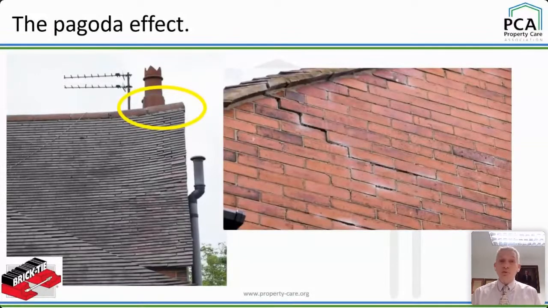So here we've got a gable wall. So it's an unrestrained gable, i.e. it's not got coping stones running up and down it or anything like that. The roof simply overshoots the verge. And you can see the ridge there. It kicks up like an oriental pagoda. And that's literally because the outer leaf has grown in comparison to the inner leaf.